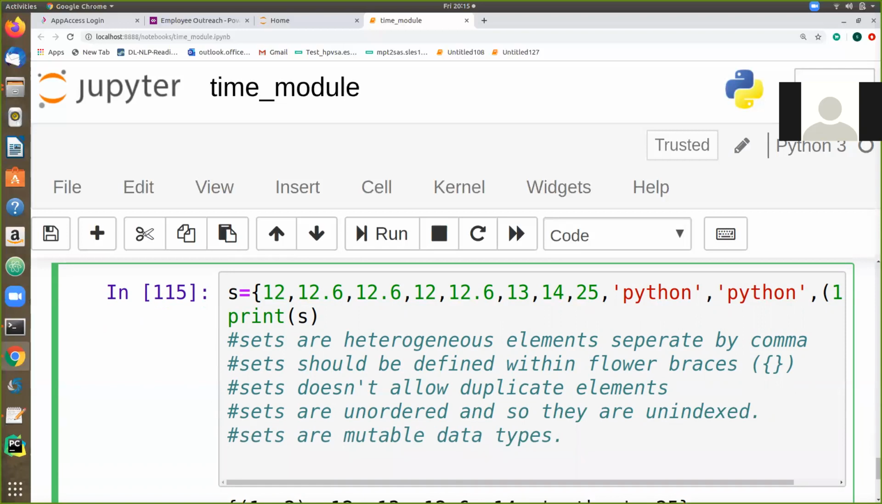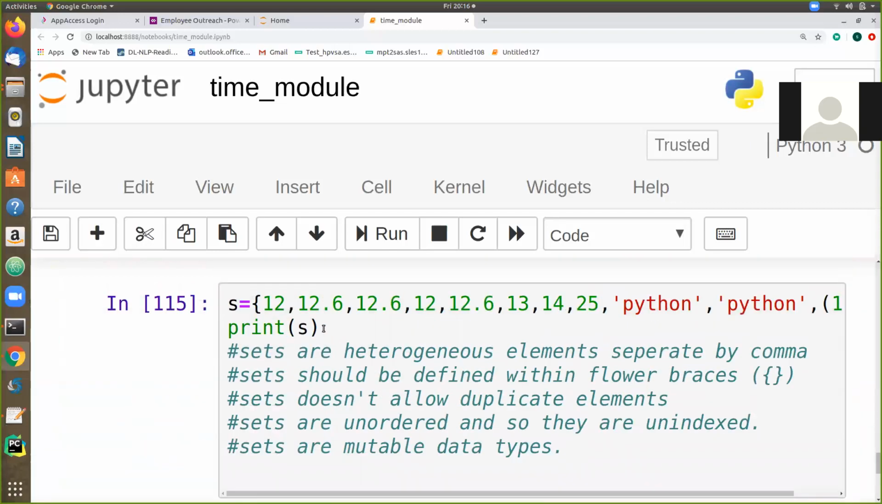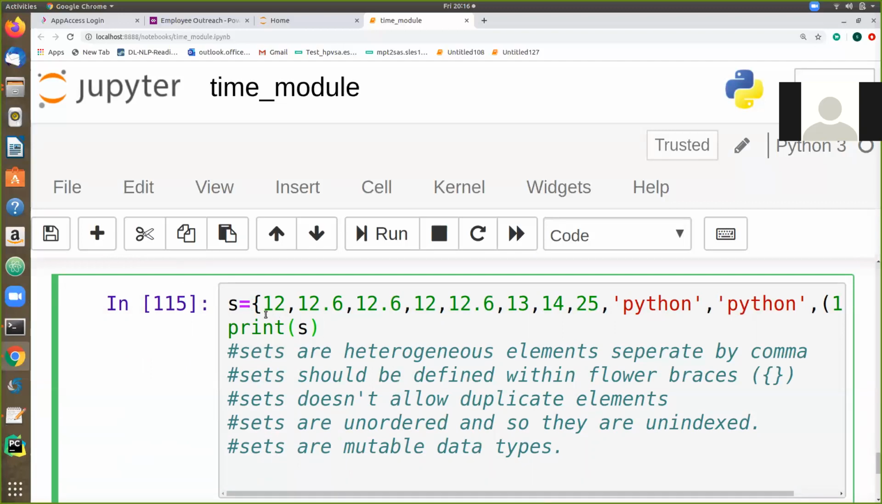And yes, these are the basic behavior of sets. Okay, we have learned that sets are unordered data types and they are mutable data types. They don't allow duplicates. They should be defined with these flower braces. Okay, so there is one more data type called frozen set, which is nothing but the same set. If I take the same set here,